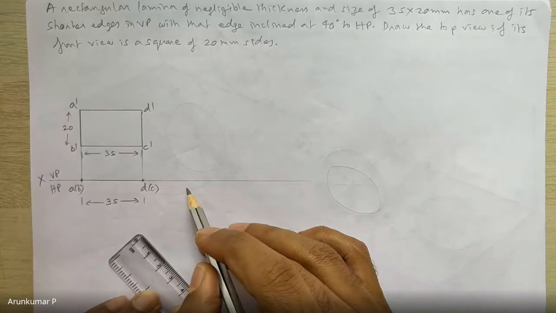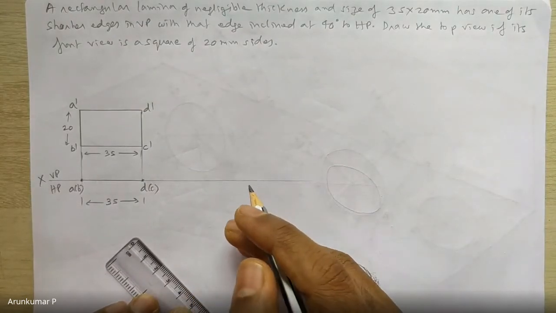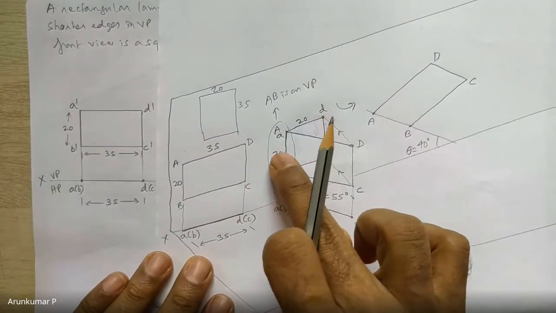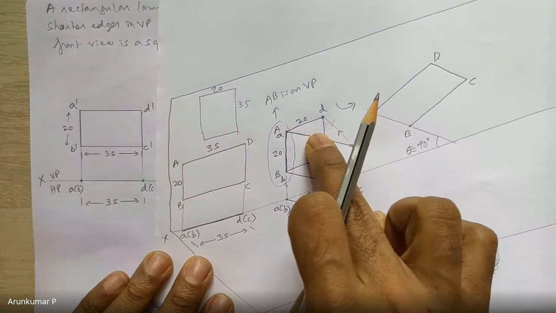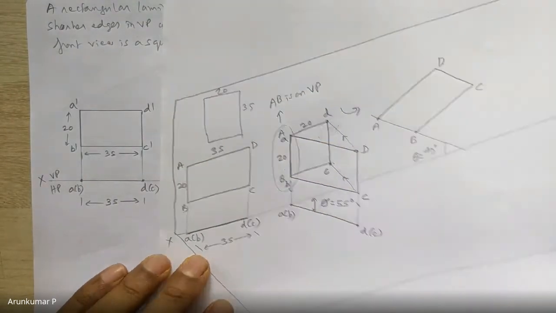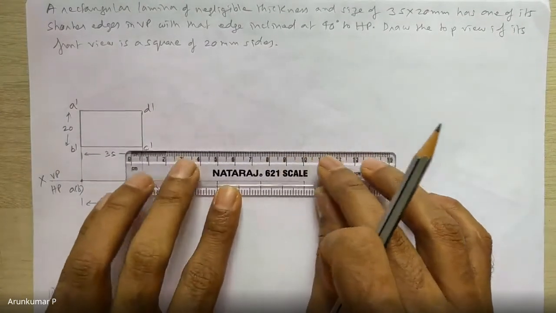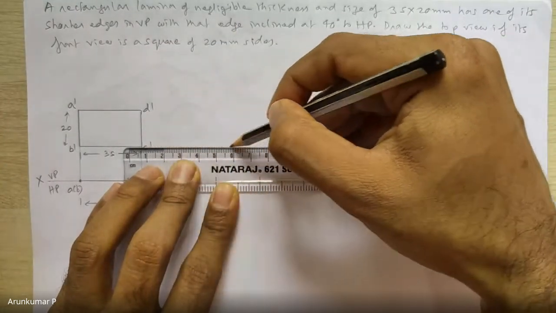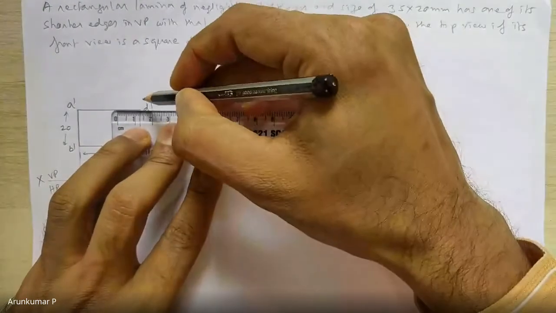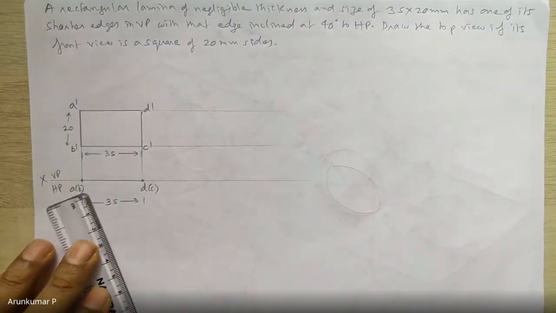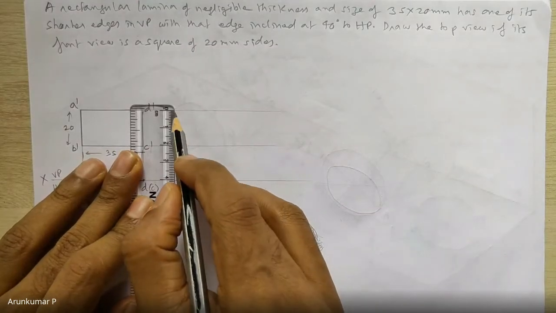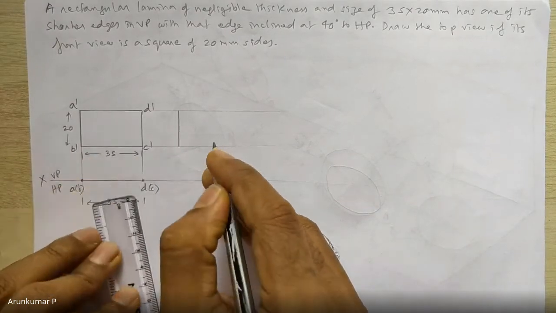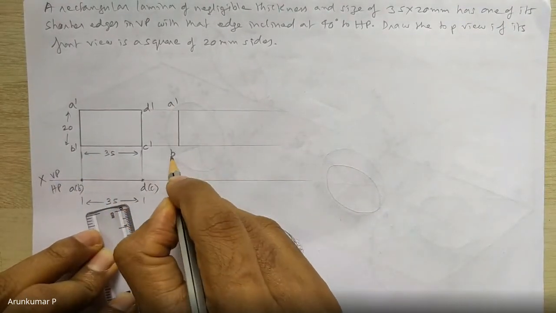Second step, that you incline. Of course, you don't know the angle. So what you know is in the front view, you are supposed to get a square, this square of 20 by 20. So we'll draw the square first and then try to find out this angle. So what you do is, you have to project this front view, the two parallel horizontal projectors, and in between that you have to draw a 20 by 20 square some distance away. So this can be A dash, this can be B dash, 20 mm,